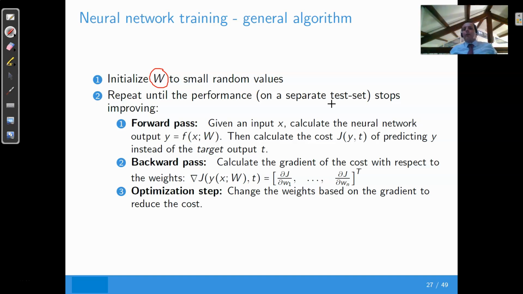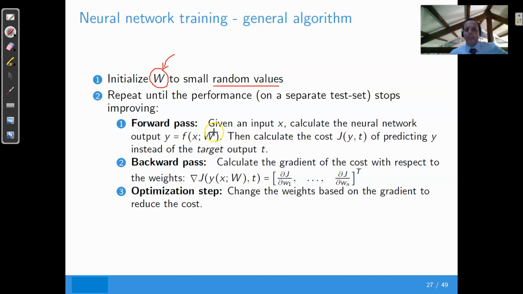So a closed form or analytical solution cannot be used. So it's why normally you exploit numerical minimization or optimization. So normally the procedure starts by initializing your weights to random values,